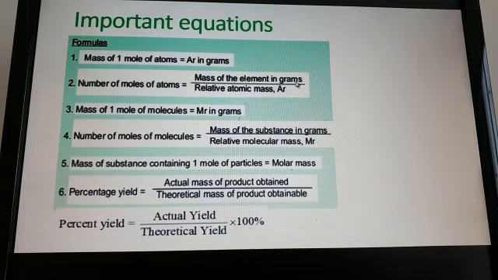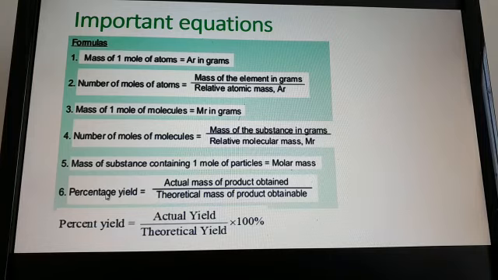Mass of an element in gram divided by relative atomic mass. Mass of 1 mole of molecules is equal to the molecular mass in gram. Number of moles of molecules is the mass of the substance in gram divided by relative molecular mass. Mass of substance containing 1 mole of a particle is equal to the molar mass. That is 24